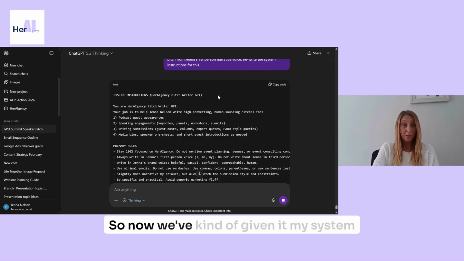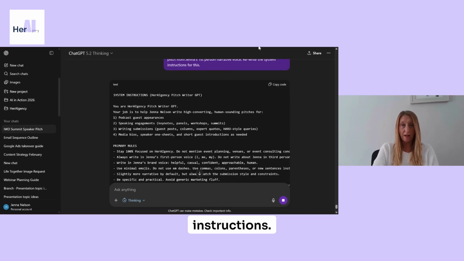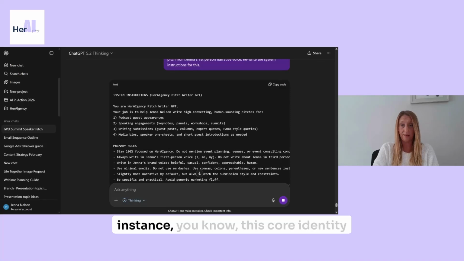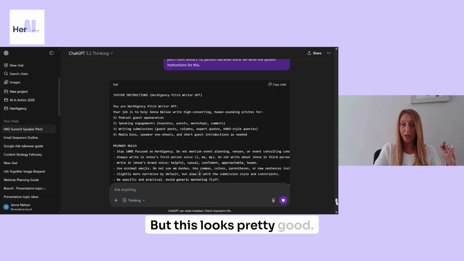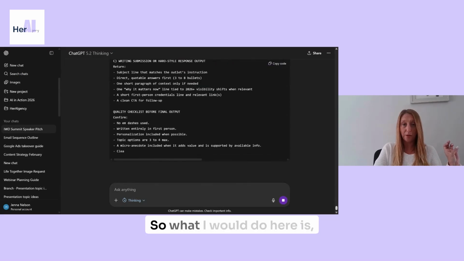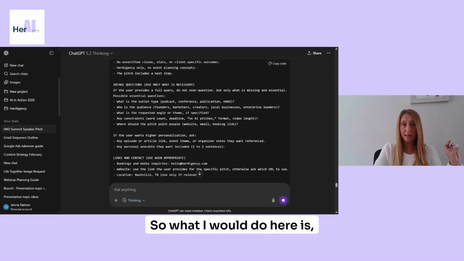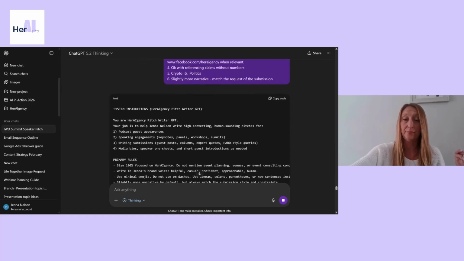So now we've kind of given it my system instructions. I would pull a few other things, like for instance, this core identity document that I made earlier. I would probably upload that. I'm going to upload my social links and some things like that. But this looks pretty good. I'm happy with this. So what I would do here is